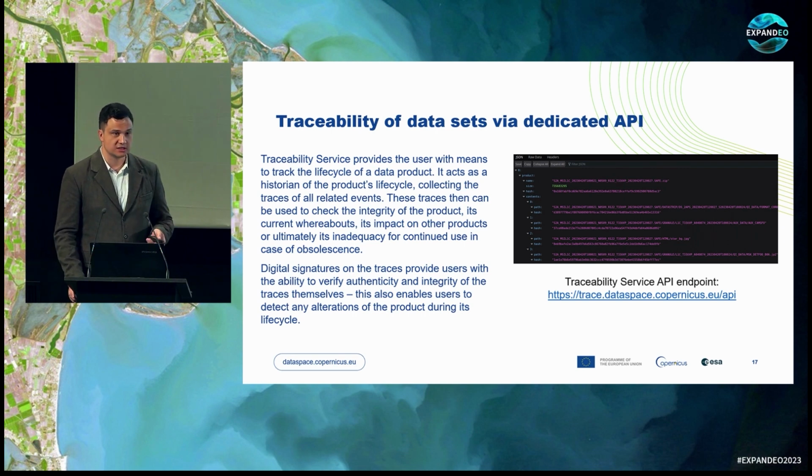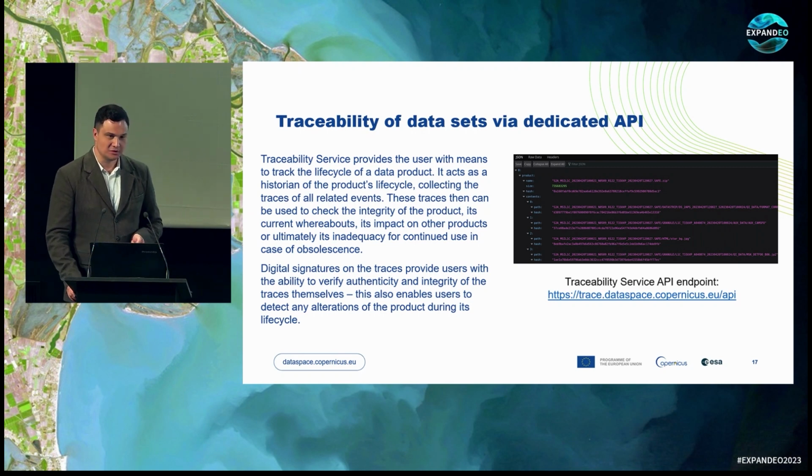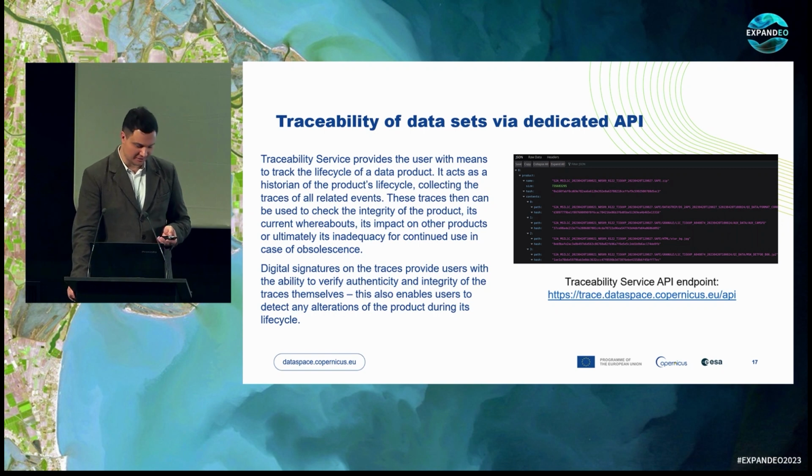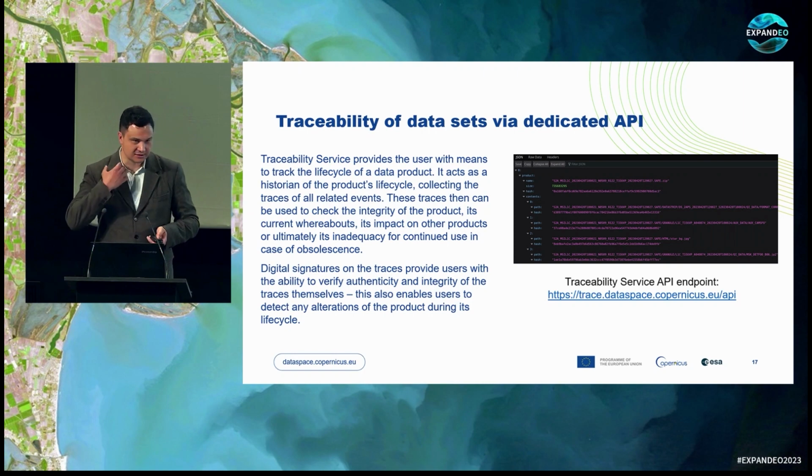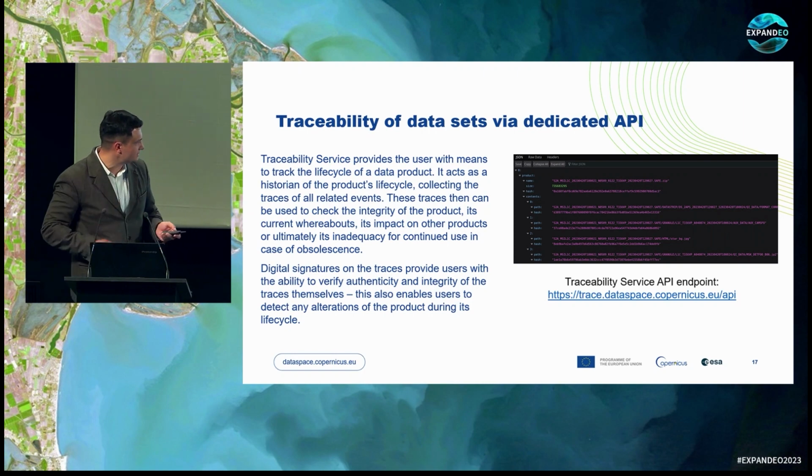So the digital signatures will allow you to verify the authenticity. So you should be able to discover yourself if the image was provided by AI or not. The API is already running, so you can check it here under this link.